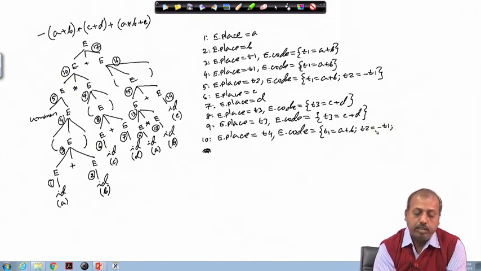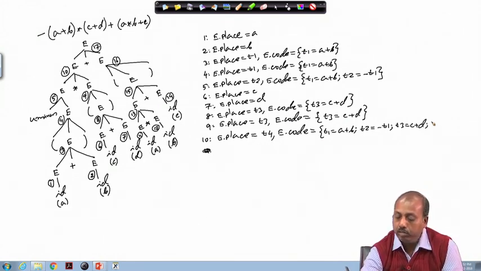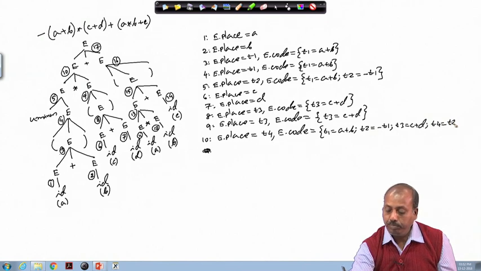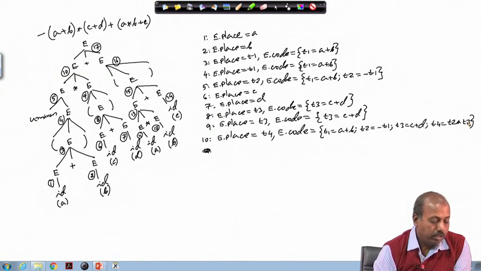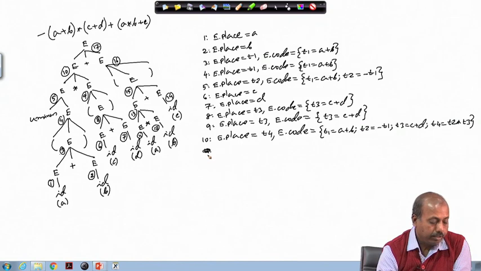After that, that is E1, and for E2 it is 9. So, 9's code is T3 equal to C plus D. These are put, and then I have to have the code of this multiplication, that is T2 multiplied by T3. So, T4 equal to T2 multiplied by T3. So, that is the code for this line number 10.